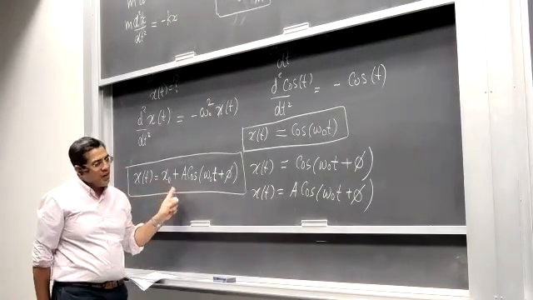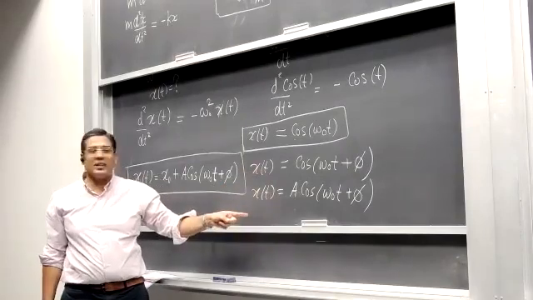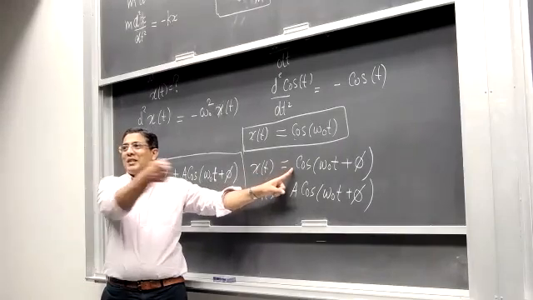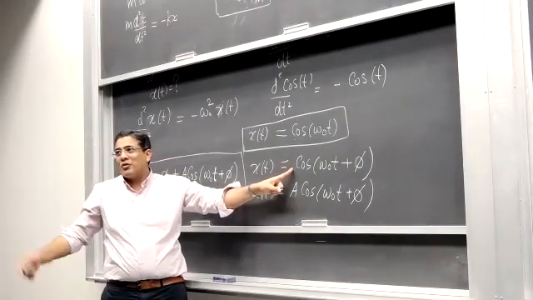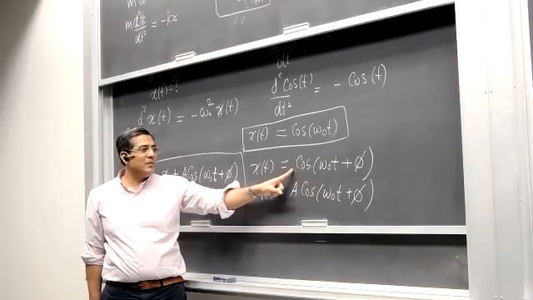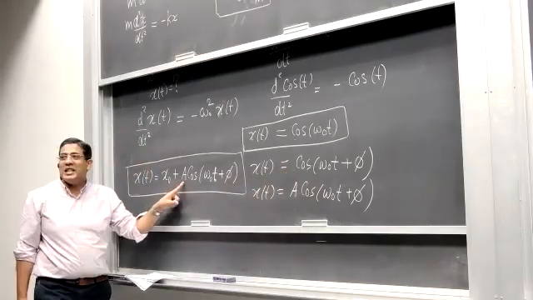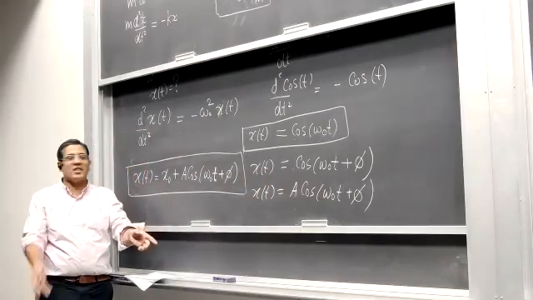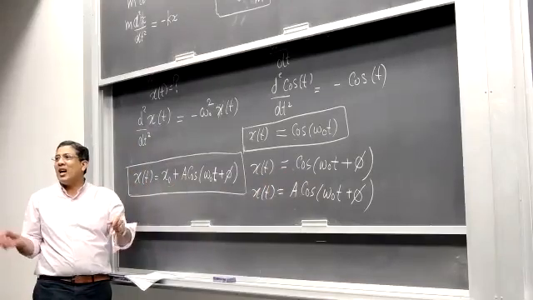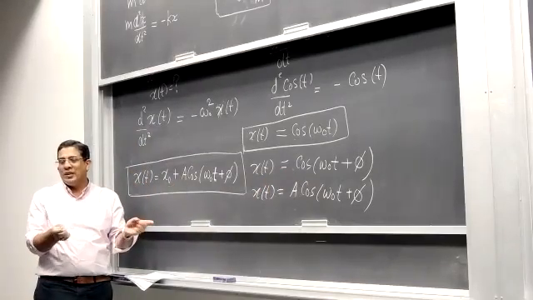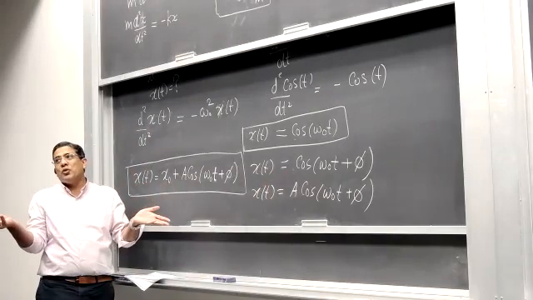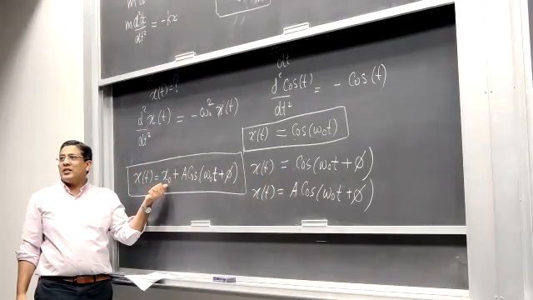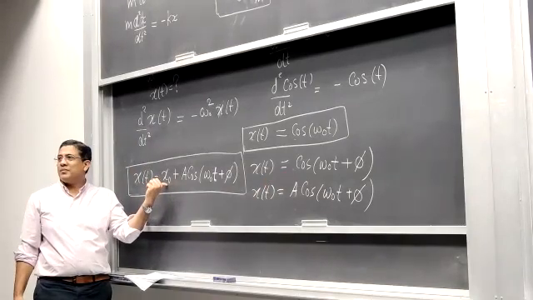And you see how useful the most general solution is. This solution is very bad because it says it can only go 1 centimeter away from the equilibrium position. That's not a good solution. This is the better solution because it leaves A and X naught as unknowns. Depending on the configuration of the system, you will find out what the amplitude is, how far a particular oscillator can go from the equilibrium position. Different oscillators would go by different amounts. And this tells you where you are located with respect to the origin of your coordinate system.